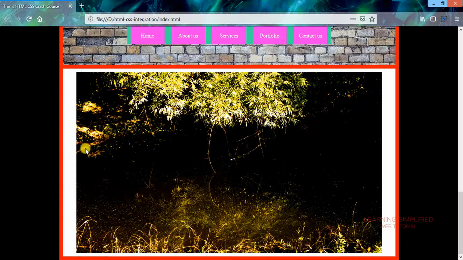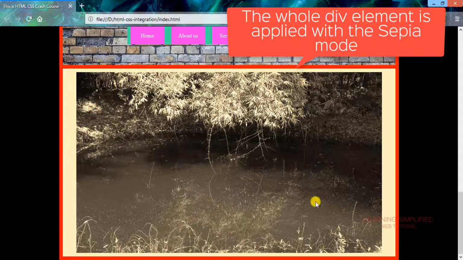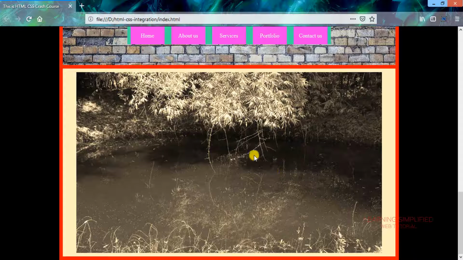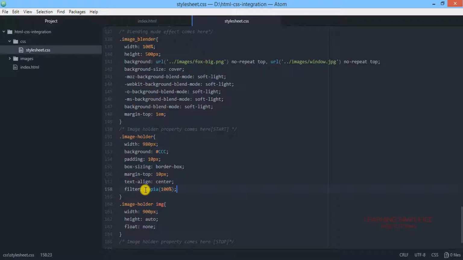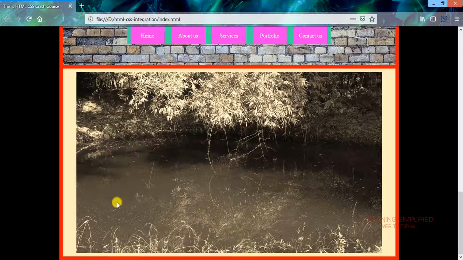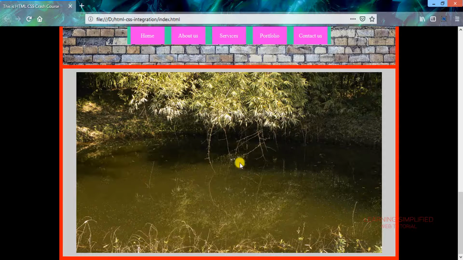So reload, and you can see that under this sepia mode, this is the actual result. Now if we remove this sepia, let it be as it is, get back to your project and reload, you can see that this is the original image.